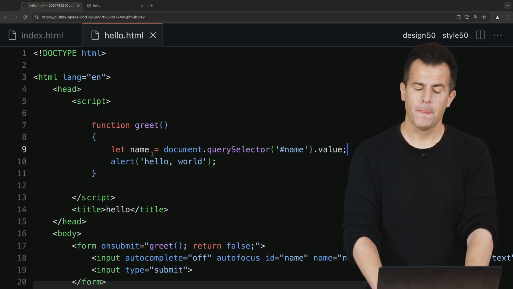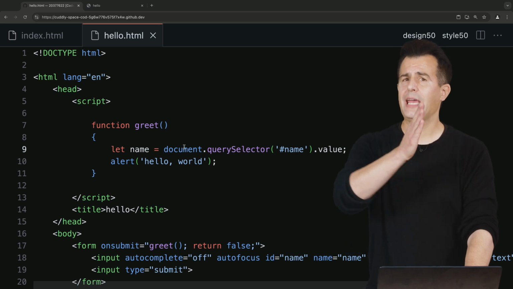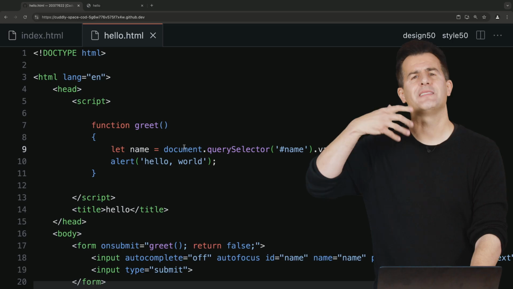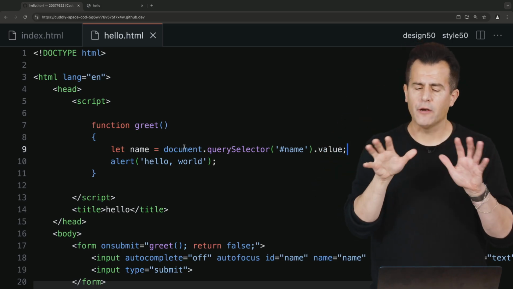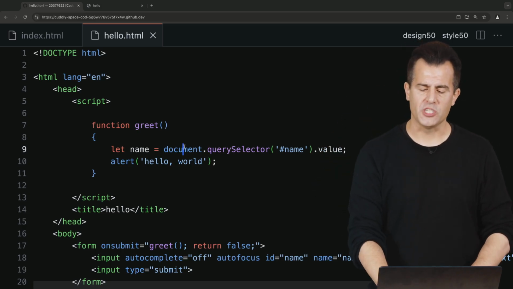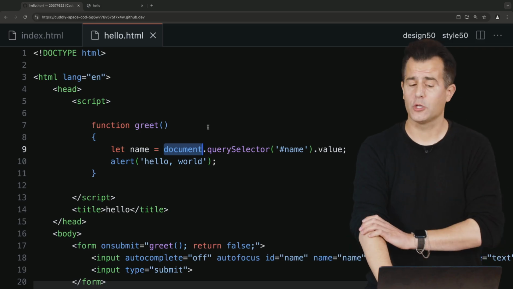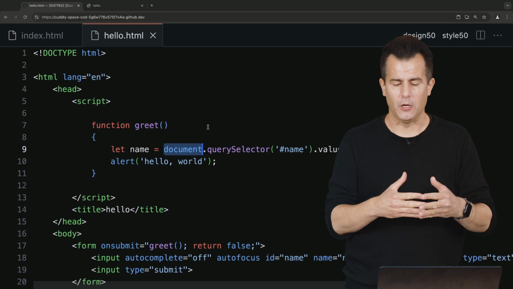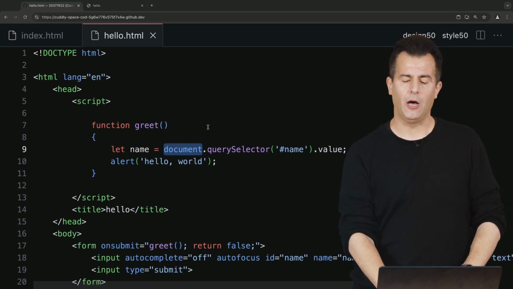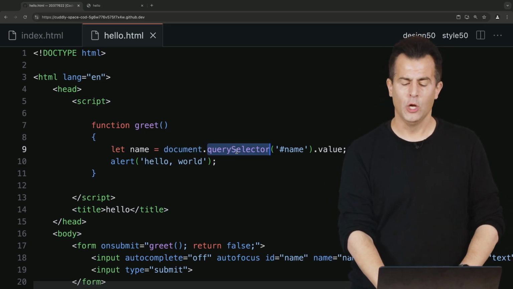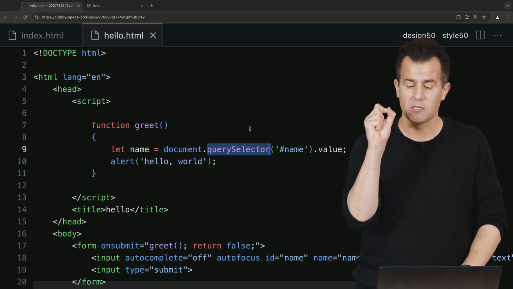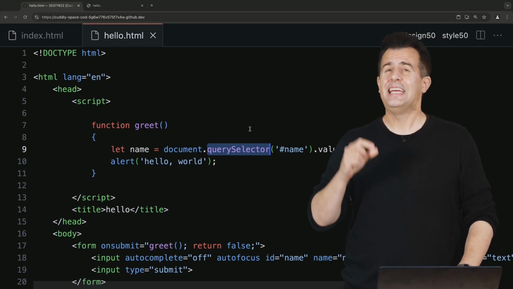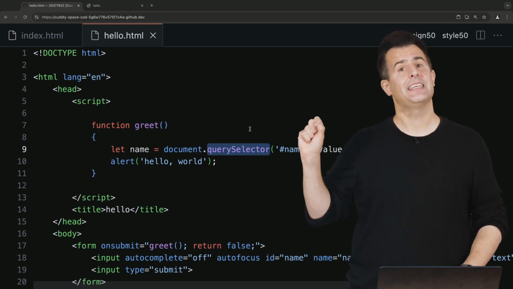So what's going on? Well, recall that from Python, you can chain certain things together. And recall from C and Python, you can use the dot operator to go inside of structures or objects. So that's a lot of what's going on here. So it turns out there's a special global variable when using JavaScript in a browser called document, which refers to the document itself, the DOM, if you will. And if you go inside of the document, it comes with a method, aka function, called querySelector, capital S, lowercase q. And what querySelector lets you use, funny enough, is the exact same syntax that CSS uses to